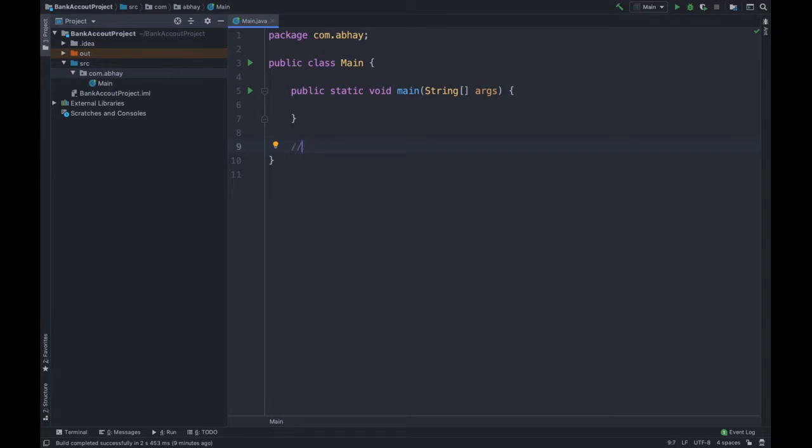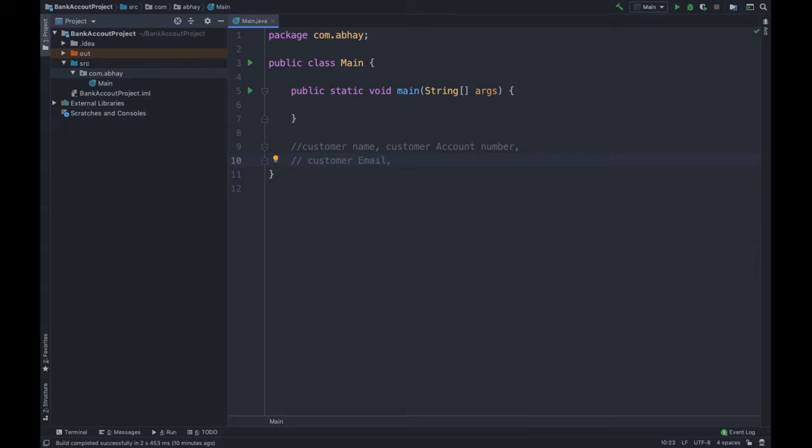This banking app will have some fields. The first field is customer name. Then we have customer account number, then customer email.